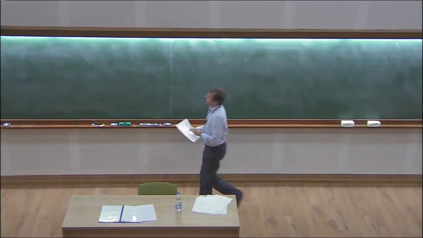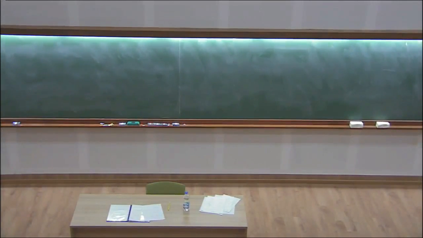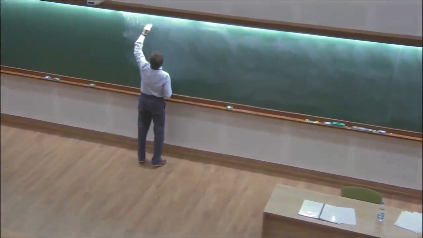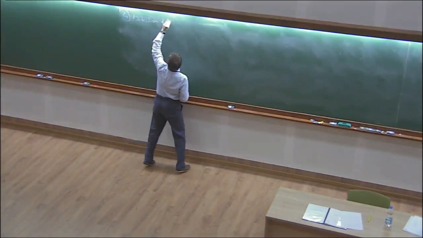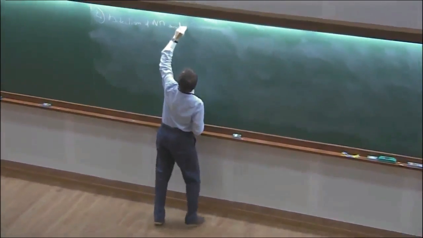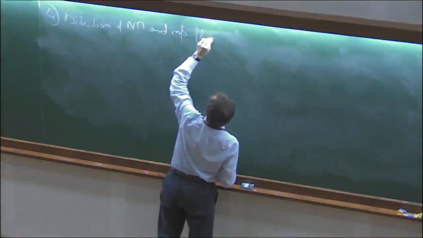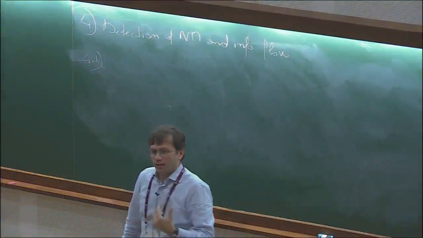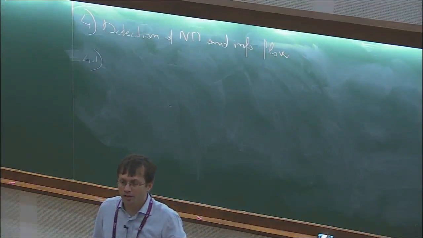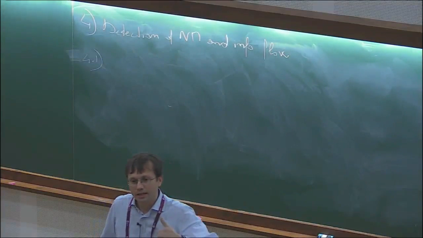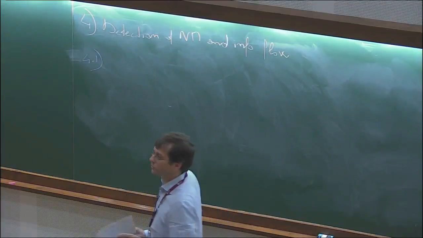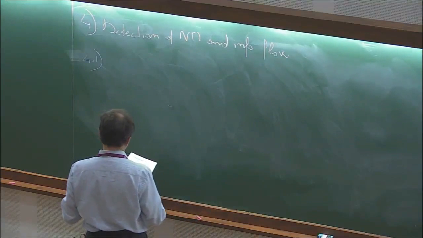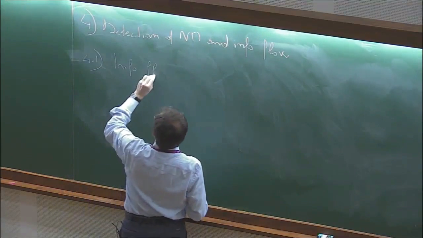So, detection of non-Markovianity and info flow. The idea is to connect to this notion of non-Markovianity. I gave a motivation coming from the classical viewpoint, so to say. Now I go for something more physical, to some extent related to the information viewpoint. This is essentially the approach of Breuer, Laine and Piilo, but I will come to that later on. So info flow, what do we mean by this?